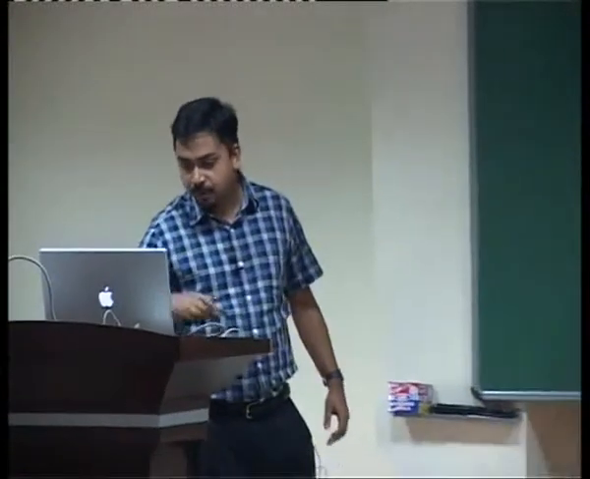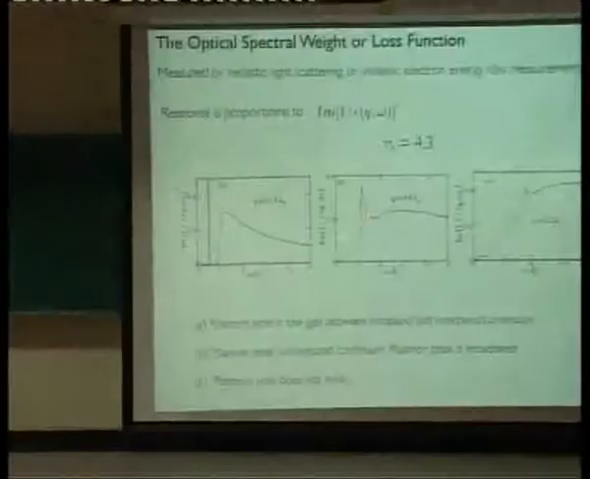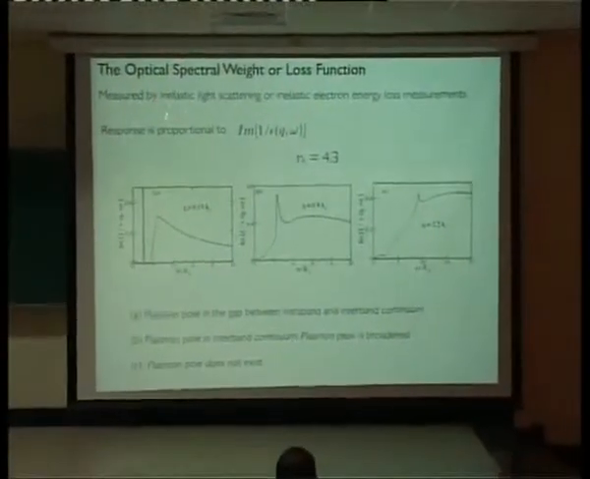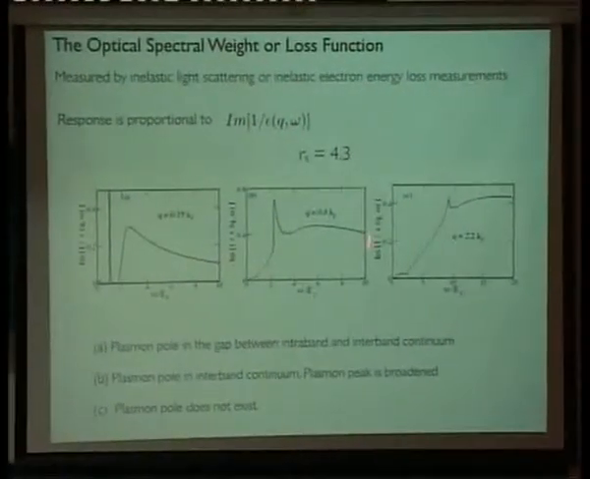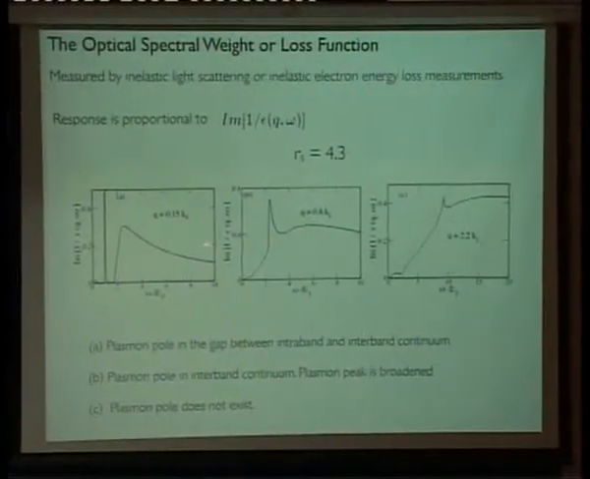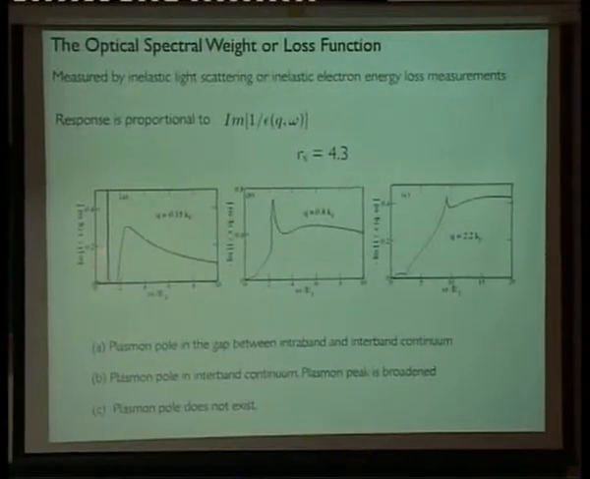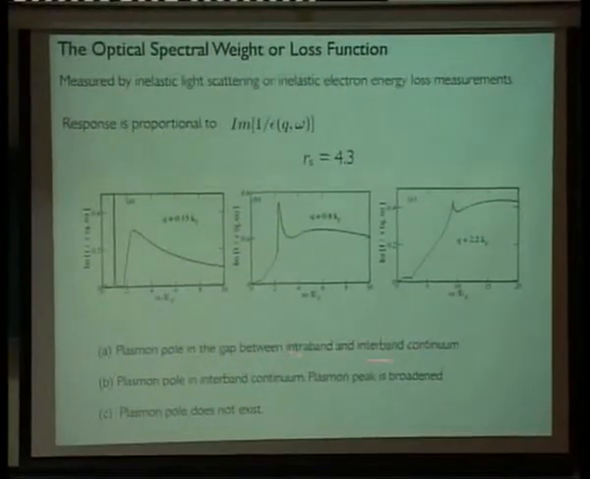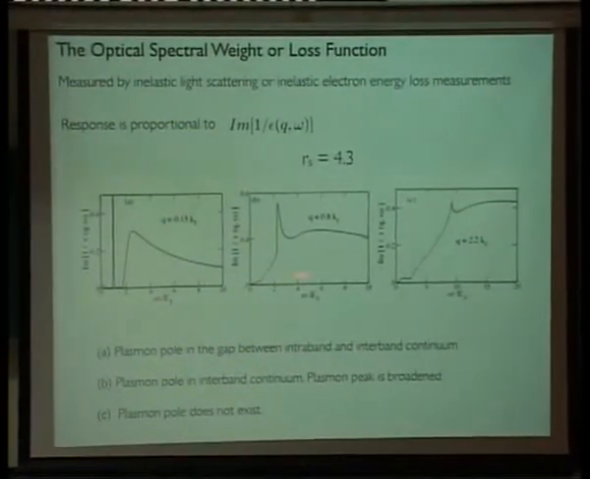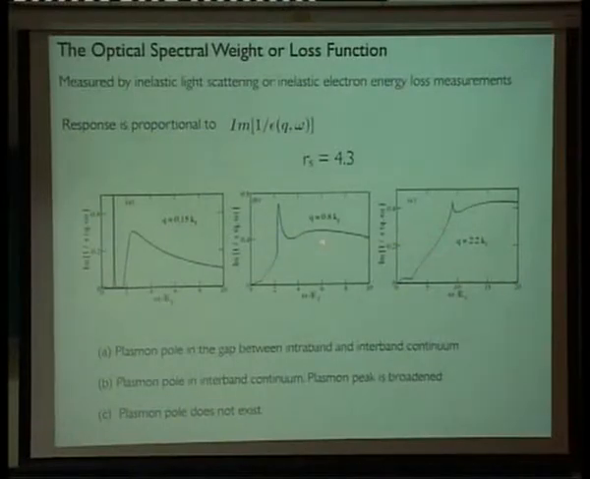So forget about the hyperbolic dispersion, and this is the optical spectral weight. This is actually the experimentally measurable quantity because this can be measured by inelastic light scattering or inelastic electron energy loss type experiment. And the three pictures correspond to the case when there's actually a plasmon pole, and there's some continuum of excitations. And this lies in the gap between interband and intraband continuum. Here the plasmon has gone into the continuum, and so it's broadened. And here you actually don't have a plasmon pole, but you have a residual